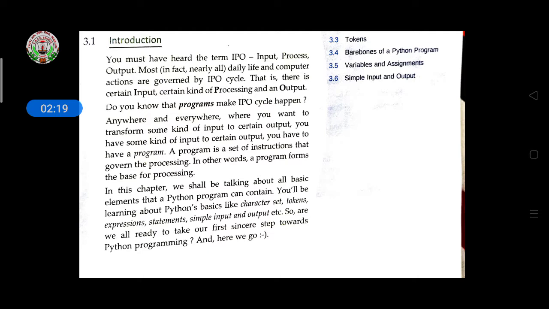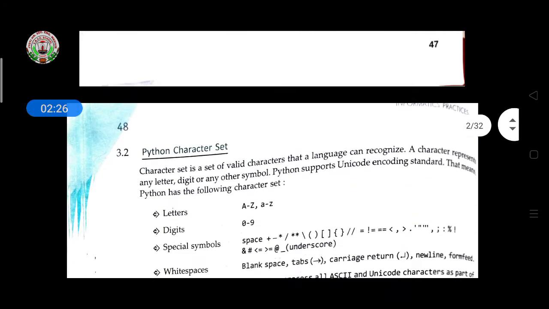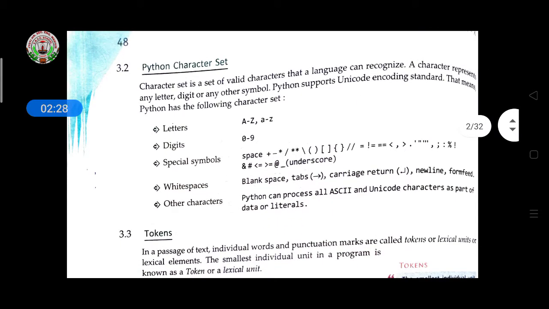So, first of all, we have to discuss the Python character set. What is a Python character set? A character set is a set of valid characters that a language can recognize. A character represents a letter, digit, or any other symbol. Python supports the Unicode encoding standard. That means Python has the following character sets.